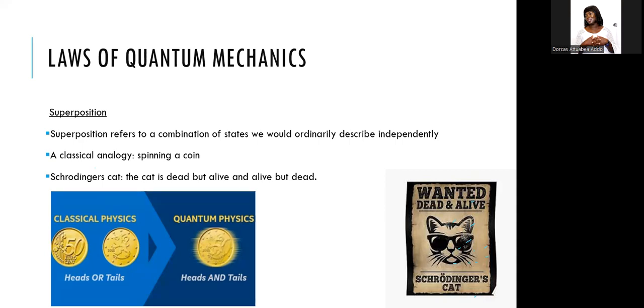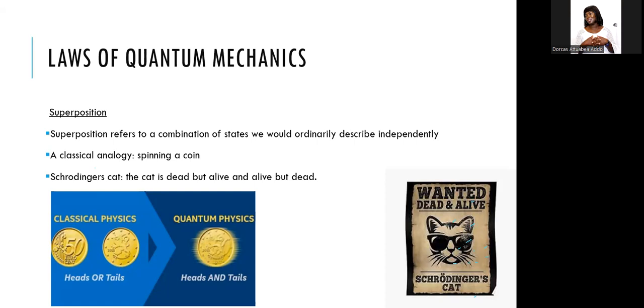But with quantum, we are saying there is a point, like when you spin a coin and it's circling around, it's neither heads nor tails, right? The state it's in is called a superposition. So until you flatten it so that it falls onto one of the sides, you do not know what state it's in. That is what we can describe as superposition.